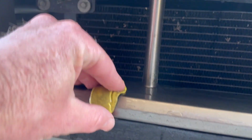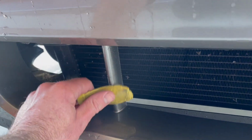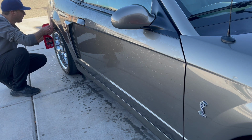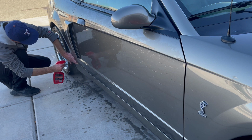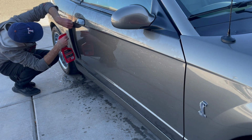I don't think a lot of people clean this area very well, and they probably skip it when they clay bar, especially what I like to call the fangs. This is the part of the bumper that I think a lot of people miss, and I had to be very dedicated to make sure to get those on my Cobras as well, and just wanted to get in there. So I wanted to make sure to really get all this, and I noticed that when I make the video, I don't think I really talk about how much work this actually is. It kind of looks like I just easily glaze over it, but I wanted to get everything,